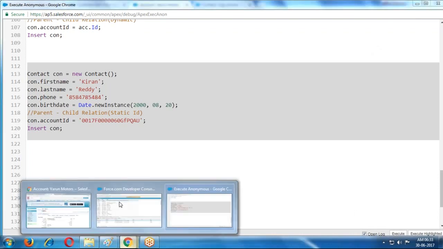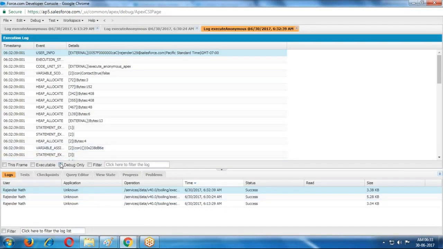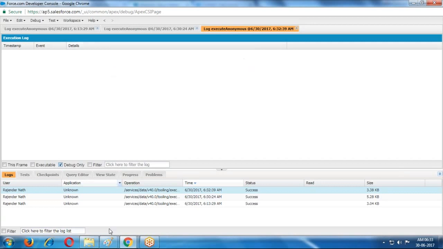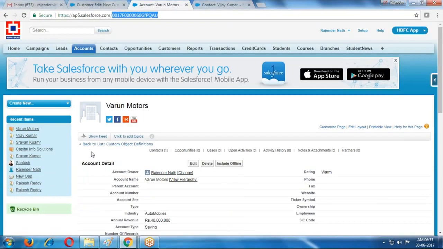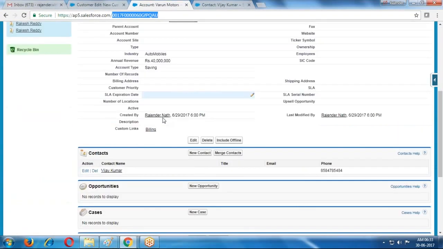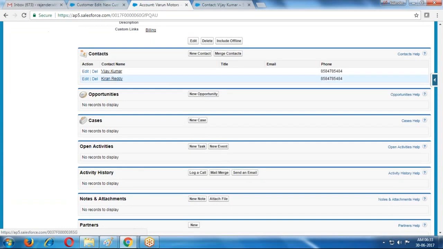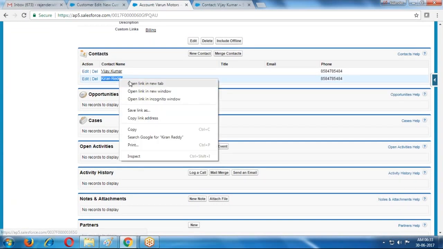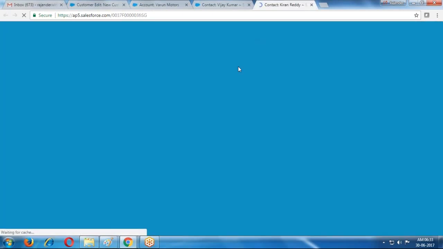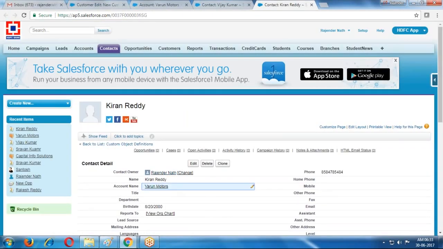Now it is created. If I refresh Varun Motors, previously only Vijay Kumar. Now Kiran Reddy is one more contact. If I open Kiran Reddy, it shows Varun Motors.